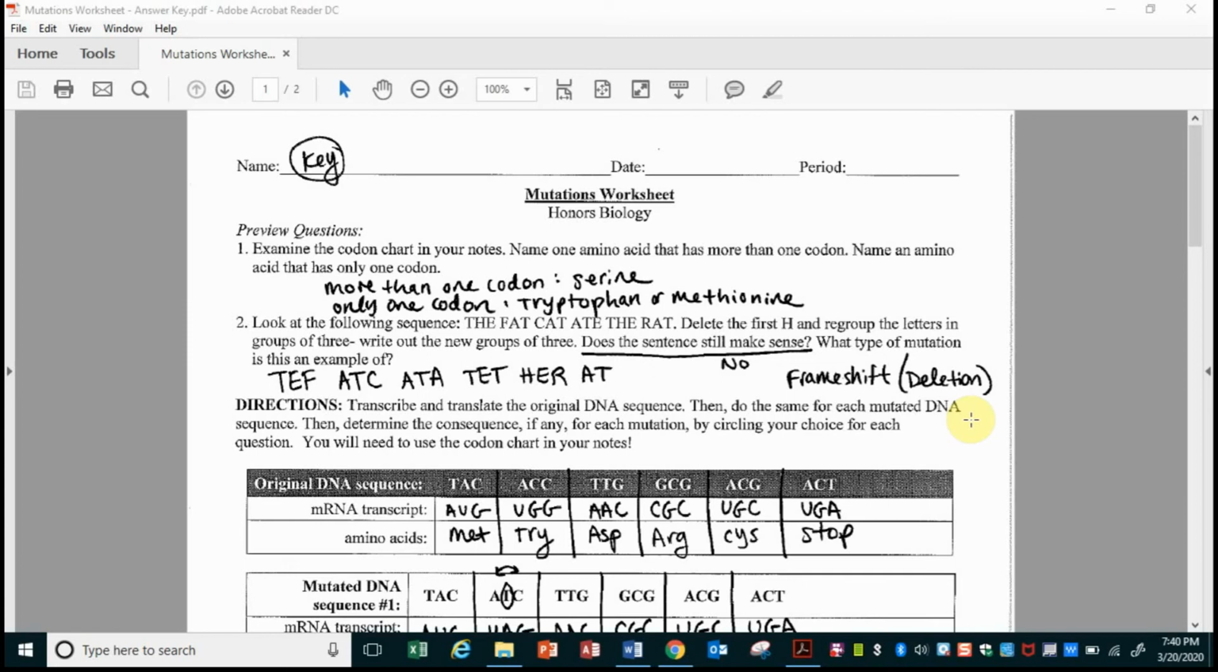Everybody, this is Mrs. Kraus, and in this video I'm going to go over the answer key for the mutations worksheet. So for question number 1, they ask you to name an amino acid that has more than one codon